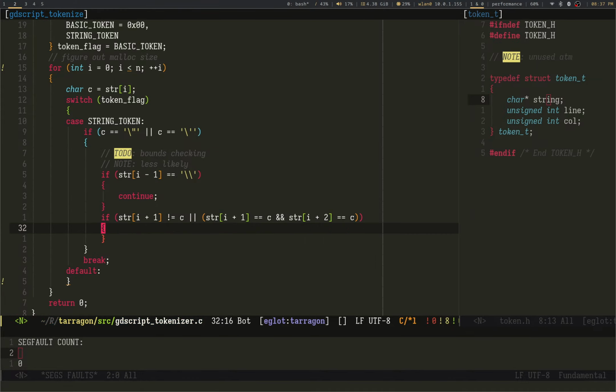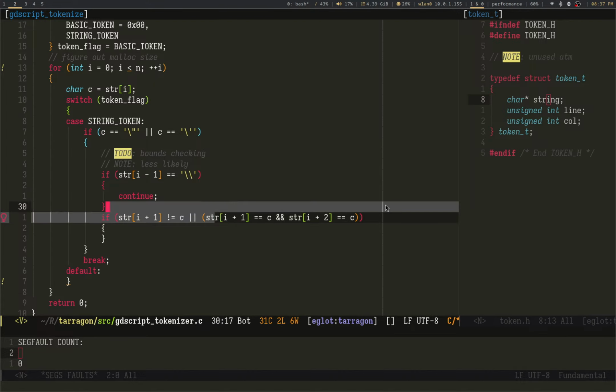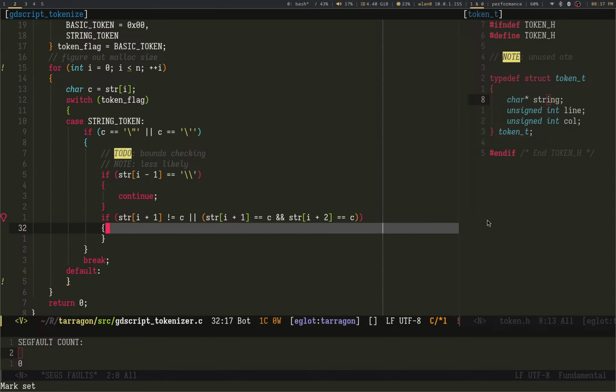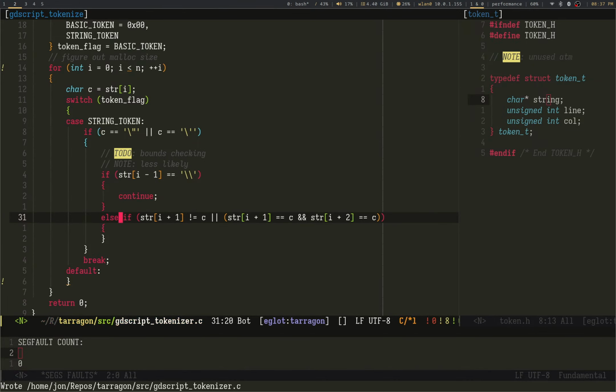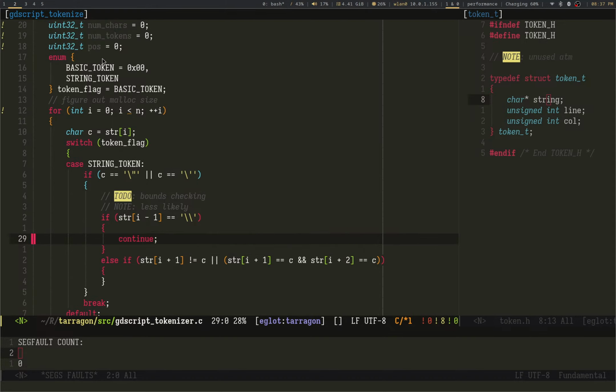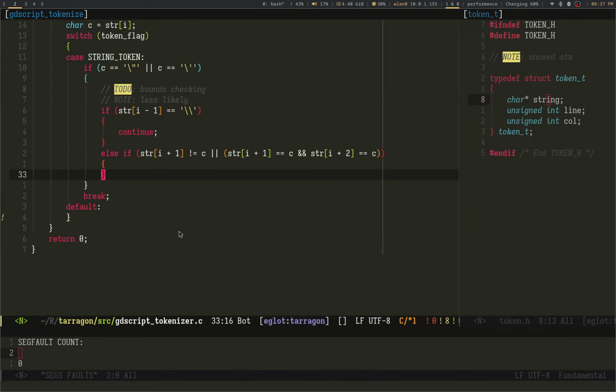So, what does this mean? This means if the next one does not match C or the next two do match C, then this is actually the end of the string, and we can break this up into a token. And so, we will add that into the number of chars, num chars plus equal to pause.